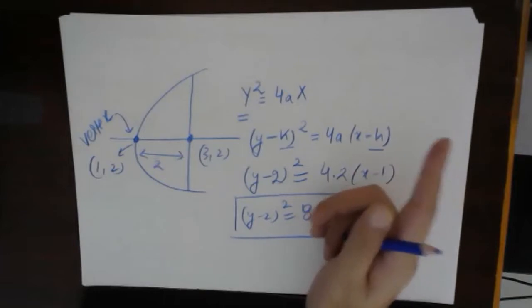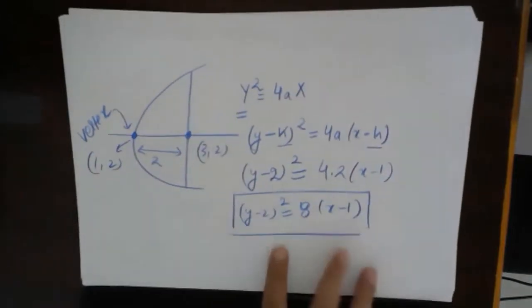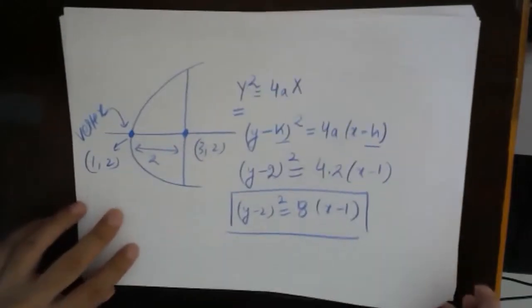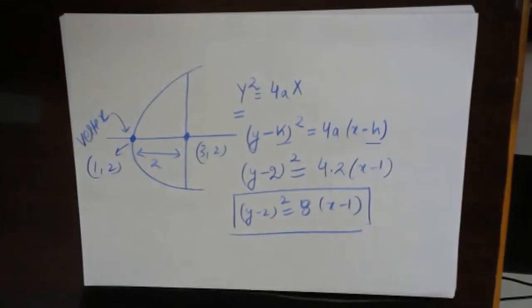The next kind of parabola will be the one which is left side open. The right side I have done for you. I want you to find the parabola which is left side open. If you want to, you can copy this one and then find the equation of the parabola which is open on the left side.